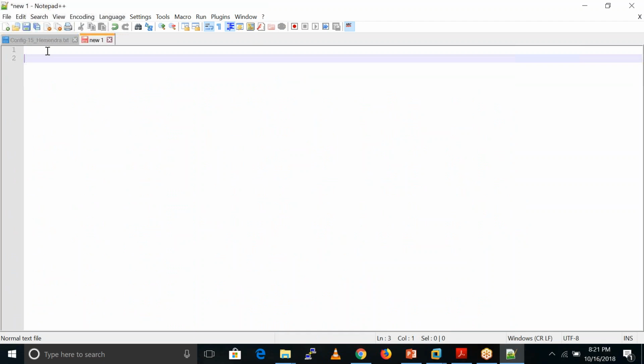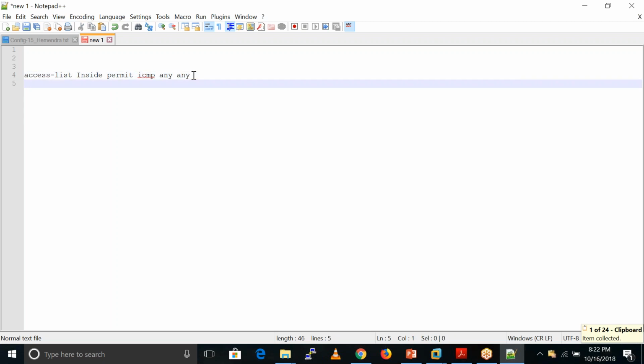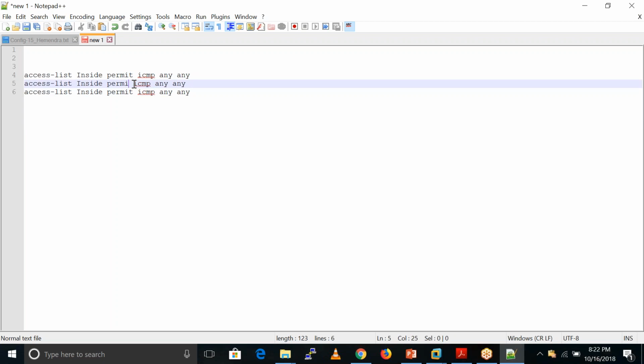Here we have this rule, access list, and I'll give it the name inside. I permit ICMP any. Let's suppose I have this rule, and here I'll have a deny for this traffic.